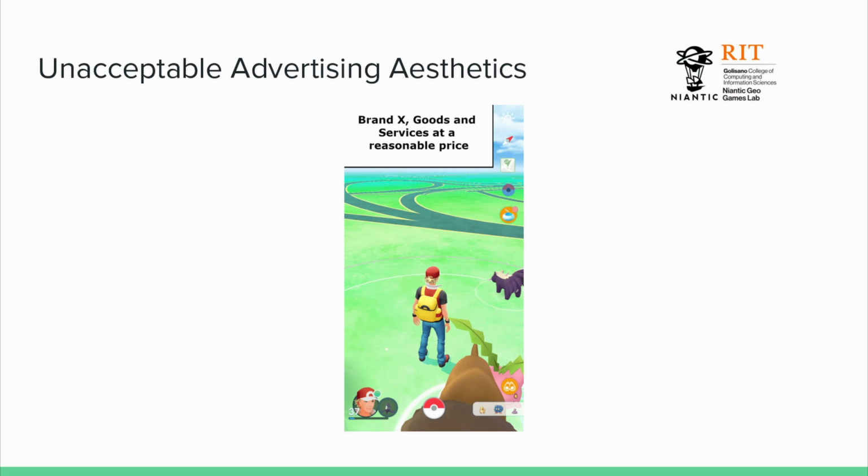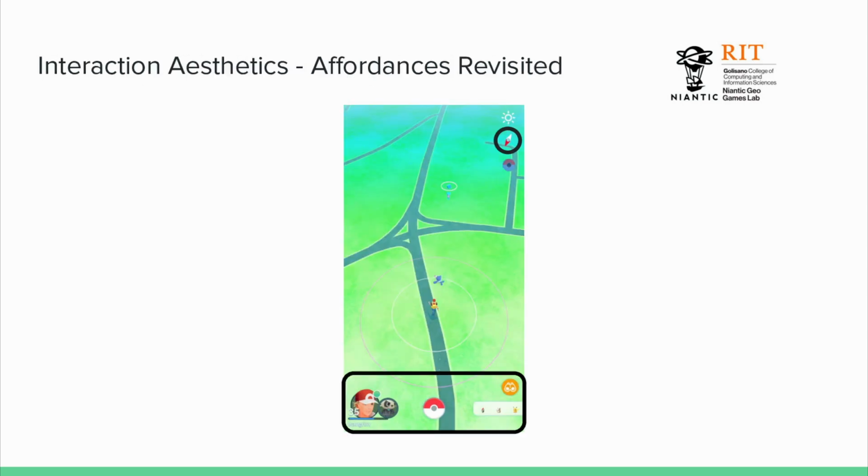However, even if we resolve these aesthetic problems, it still wouldn't be aesthetically cohesive with the interaction aesthetics of the application. Now, interaction aesthetics is a term described by Xenakis and Arnellos to describe the phenomena of interfaces presenting visually coherent information to signify the presence of digital affordances. And I say signify very specifically because it's the correct term for affordances.